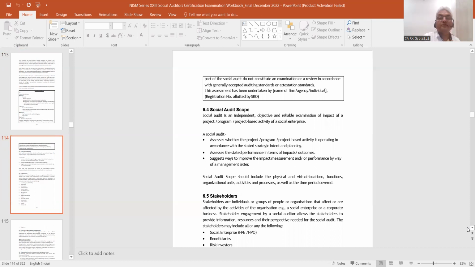सोशल ऑडिट का स्कोप क्या है। भाई स्कोप में सबसे पहला तो ये है कि जो हमारा प्रोजेक्ट है या जो प्रोग्राम है उसकी किस इंटेंट से हमने शुरू किया था और क्या वो उसी डायरेक्शन में जा रहा है कि नहीं जा रहा। ठीक है। फिर हमें जो स्टेटेड परफॉर्मेंस है उसको हमें देखना है इन टर्म्स ऑफ इम्पैक्ट या आउटकम्स। ठीक है। और फिर हमें वेज सजेस्ट करने हैं टू इंप्रूव द इम्पैक्ट मेजरमेंट एंड परफॉर्मेंस बाय वे ऑफ